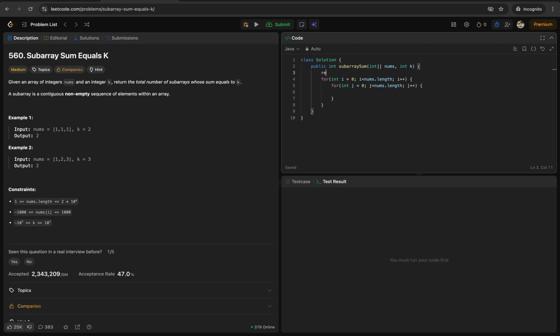तो एक रिज़ल्ट ले लेंगे जो इनिशियली 0 होगा। अब हमारा i यहाँ है, j यहाँ है, तो हम j को इंक्रीमेंट करेंगे और एक एक एलिमेंट ऐड करते जाएंगे। ठीक है, फिर हमको पता चल जाएगा कि जब भी हमारा सम k के बराबर होगा तो हम उसको रिज़ल्ट बता देंगे, मतलब हम रिज़ल्ट को इंक्रीमेंट कर देंगे। जब ये फॉर लूप कंप्लीट हो जाएगा तो मतलब कि हमारा फर्स्ट इंडेक्स हो चुका है, फर्स्ट इंडेक्स ऐड हो चुका है सब एरेज में।